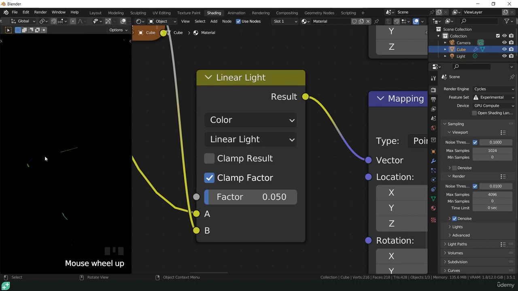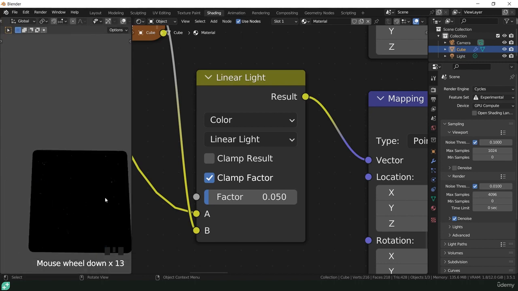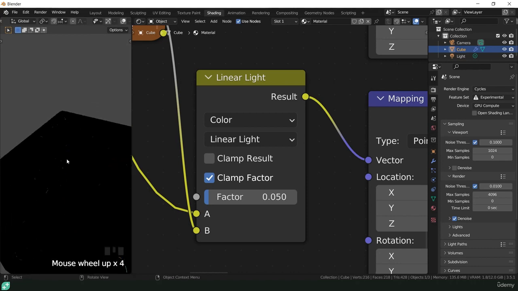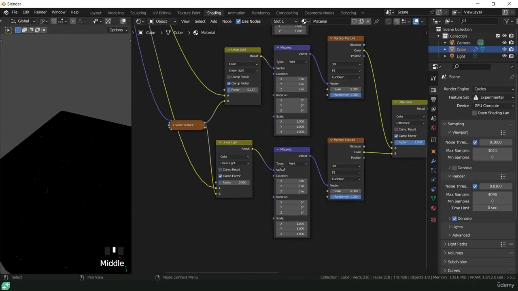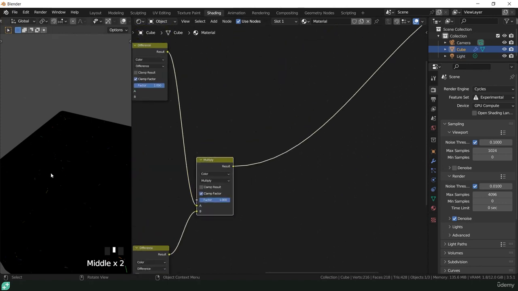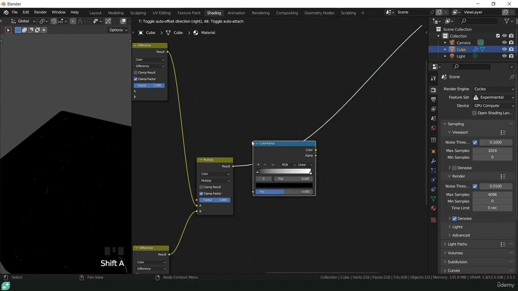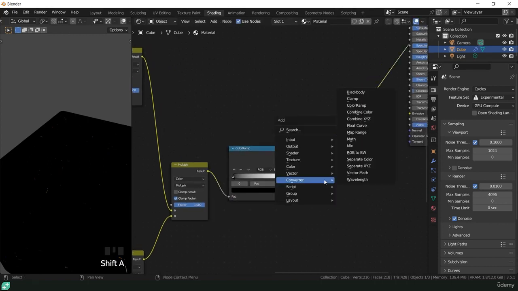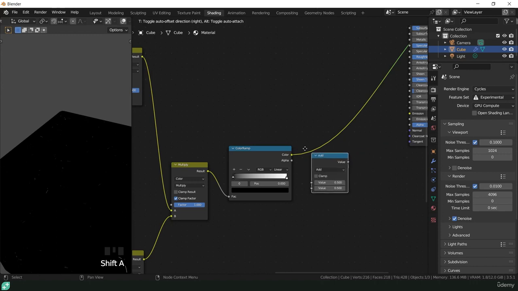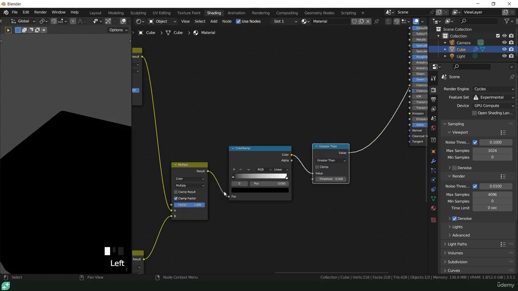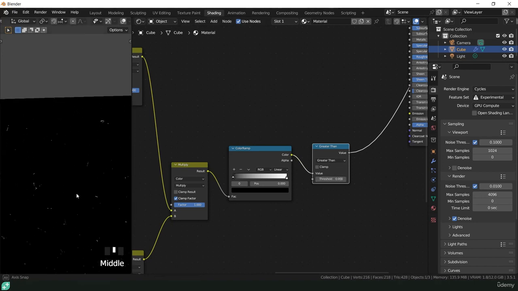So you can see that if we really zoom in, we can start to see some of those colours. And generally over the surface, we've just got a few bits and bobs here and there. Now it's a little bit tricky to see this when it's all coloured. So let's grab the colour ramp node, plug this in, and then let's grab a converter math node. We're going to set this to greater than. And what we want is everything that's greater than black, we want to be pure white. So we'll take that threshold to 0. So now everything greater than 0 is coming out as white, and we can really see what our scratches